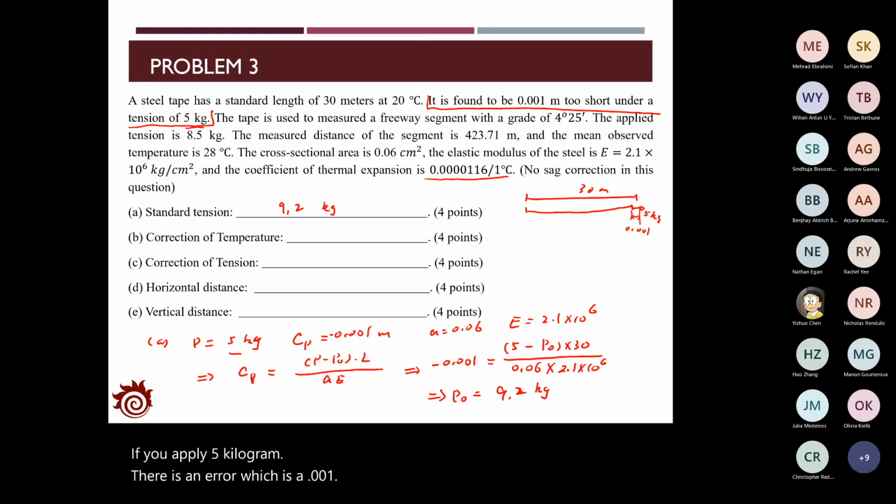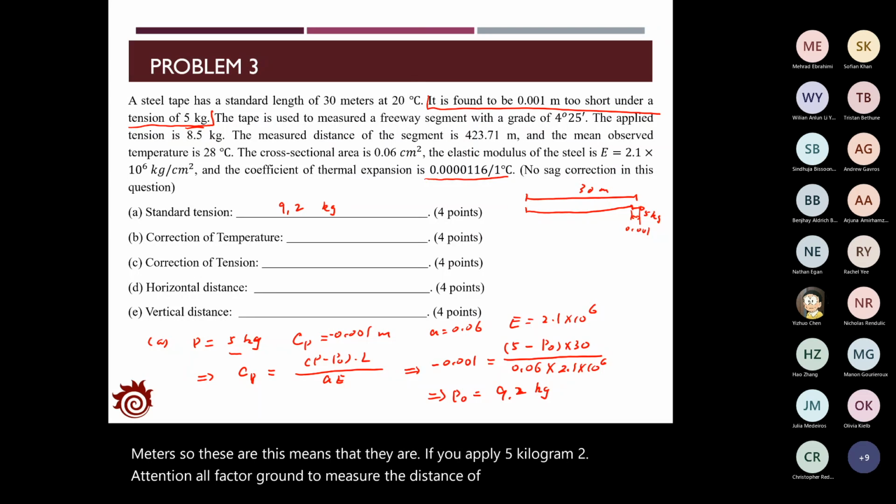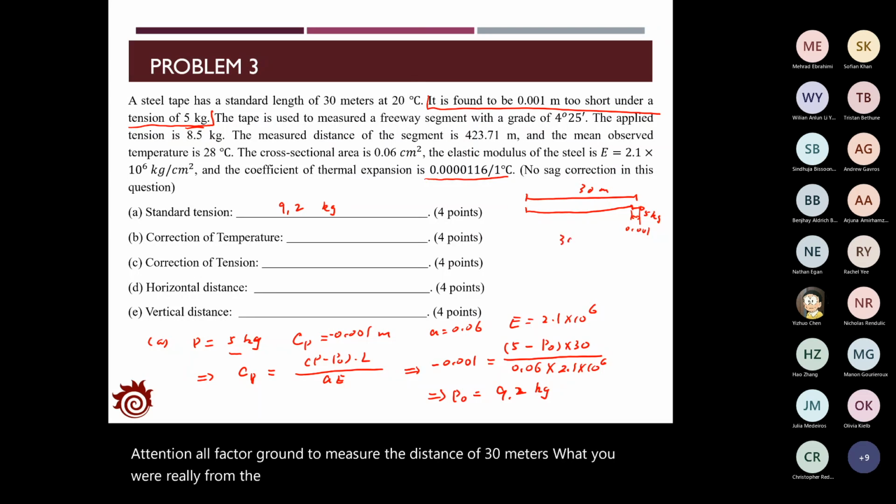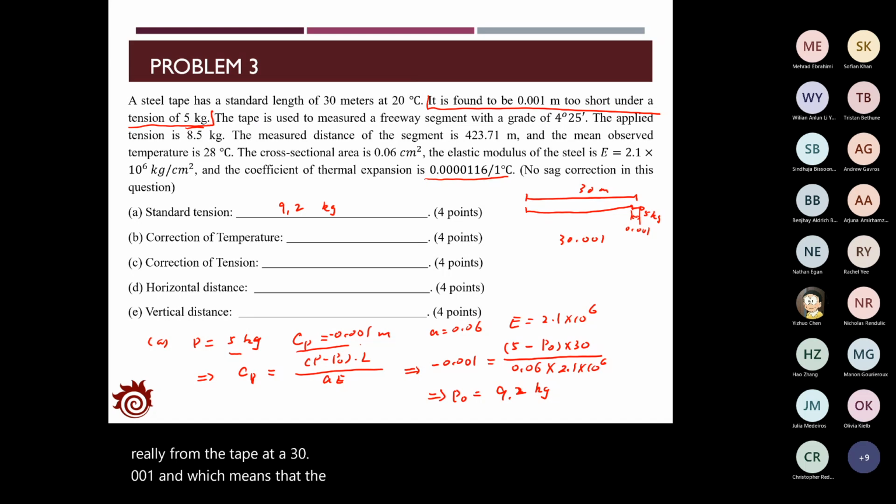So this means that if you apply the tension of 5 kilogram to measure the distance of 30 meters, what you will read from the tape is 30.001, which means that the correction of the tension should be minus